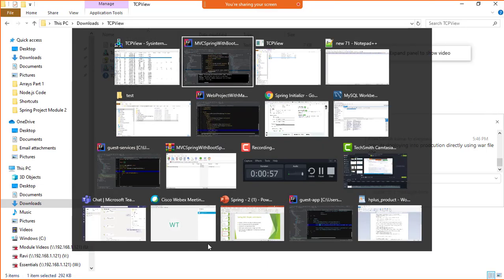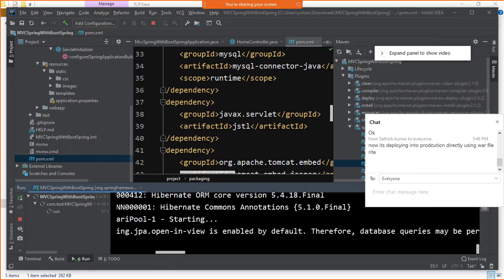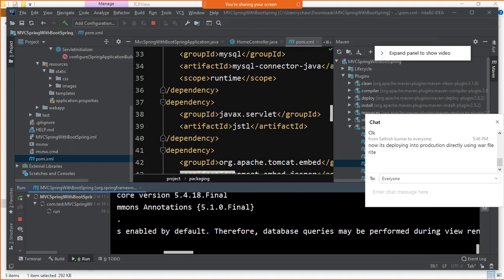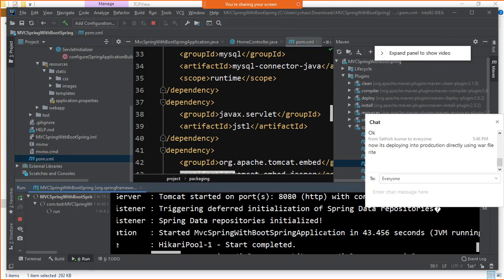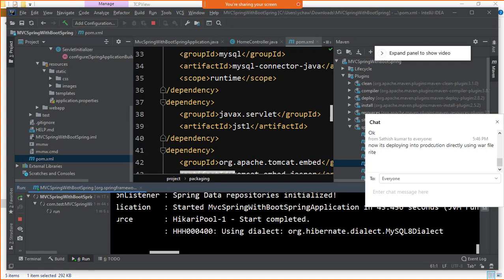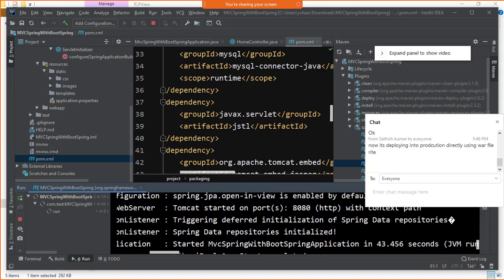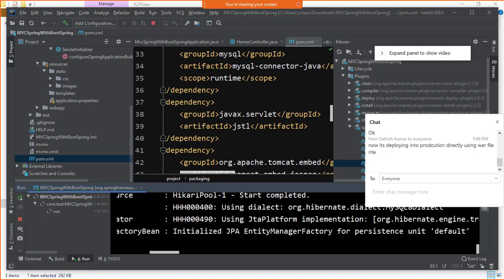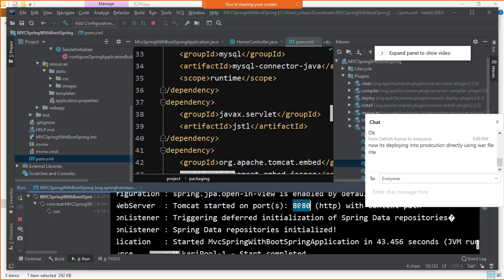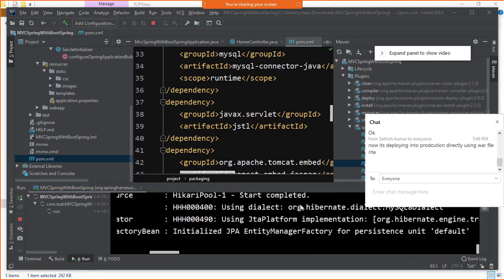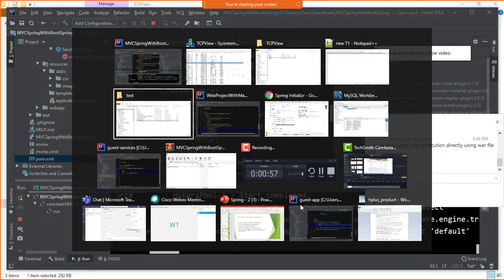Coming back to our project, it is starting now the deployment process. It took this much amount of seconds, and deployment is complete, right? It started. Application is started on 8080 port number. Now how shall I test this?